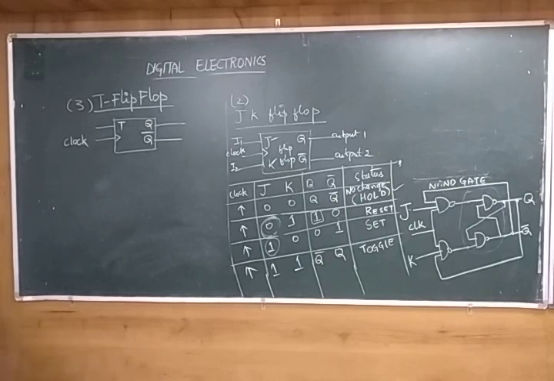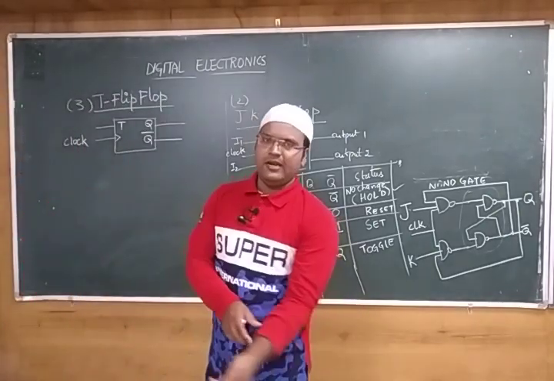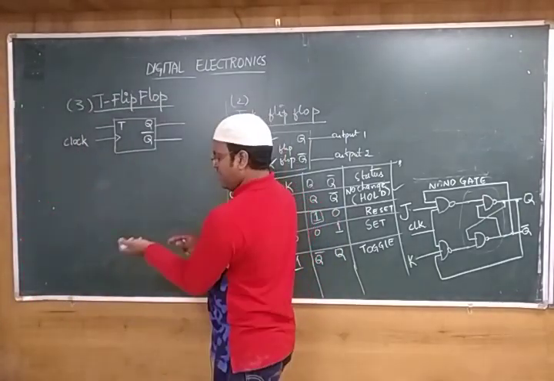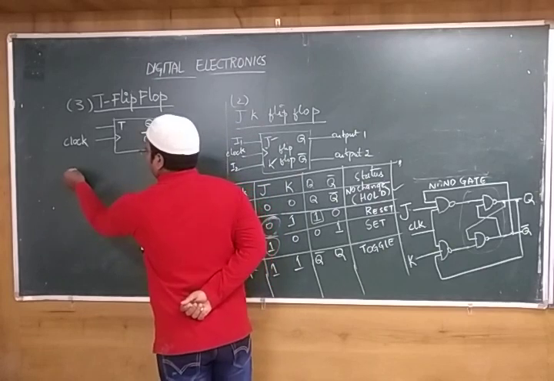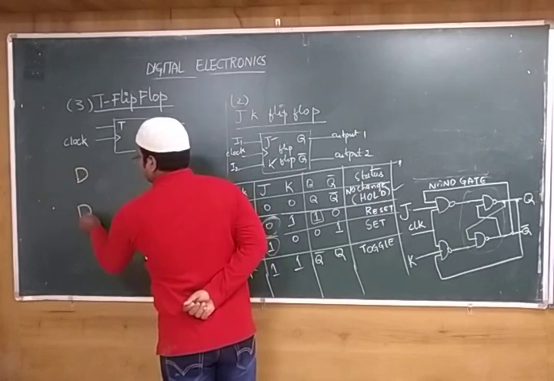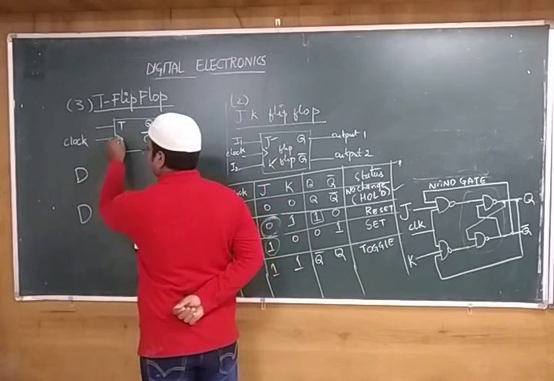So the truth table, we need to design for the toggle flip-flop. For designing this, what is the first criterion we have to write? We have to write its circuitry representation. The first thing, I just want to write its circuitry representation and design it. For designing these, we have two approaches, by using NAND and NOR. So what is the first thing I'm doing? I'm using two AND gates. This is a clock pulse, right?